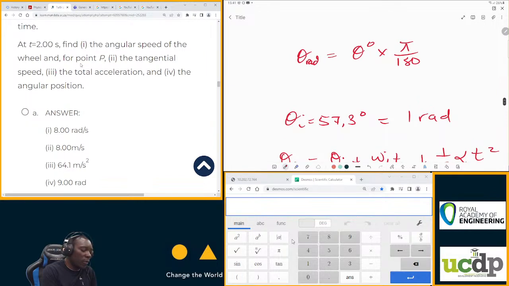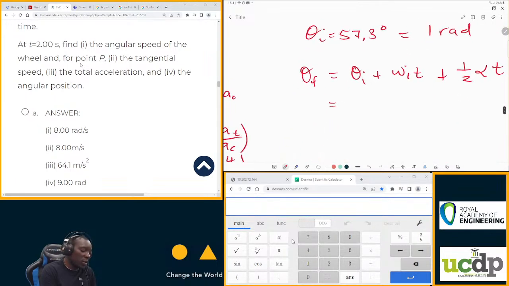This is your conversion factor, because 180 degrees is equal to pi radians, and 360 degrees is 2 pi radians. So in this case, 57.3 times pi over 180, you get 1.00 radians. So this shows that 57.3 degrees is 1 radian, so we've got 1.00 plus